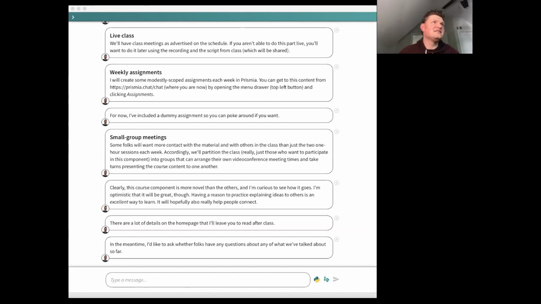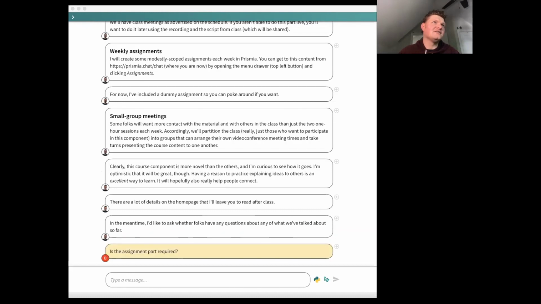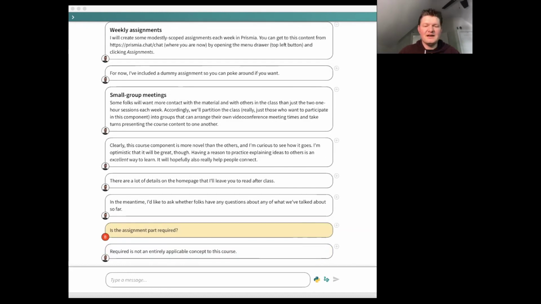Required is not an entirely applicable concept to this course, I would say. If you want to get the fullest experience, you should do all the components. If you want to start dropping components one at a time, I'd say the first one to drop is either the small group or the assignments as you prefer, and then the pre-reading, and then the live class. The Data Gymnasia course is one where I'm asking everyone to do the pre-reading, because